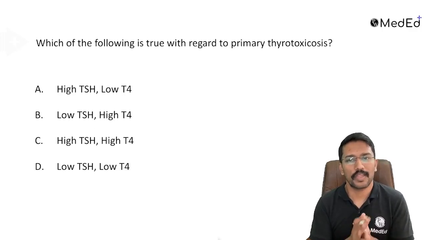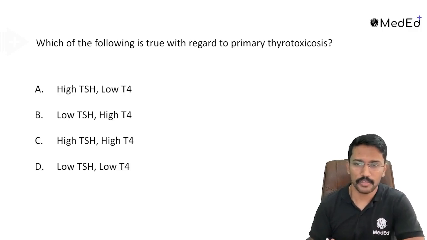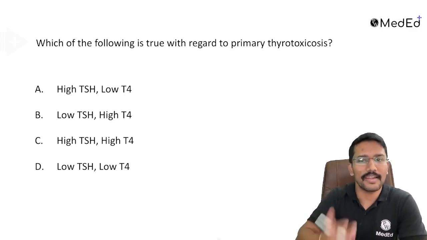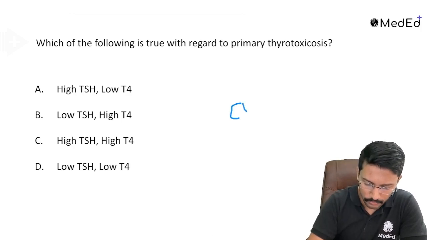True with regard to primary thyrotoxicosis. Okay. So when you say primary, it means the thyroid gland is producing large quantities of the thyroid hormone. So we know the arrangement, right? So we have a